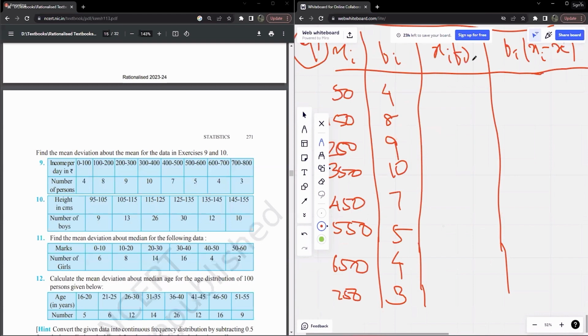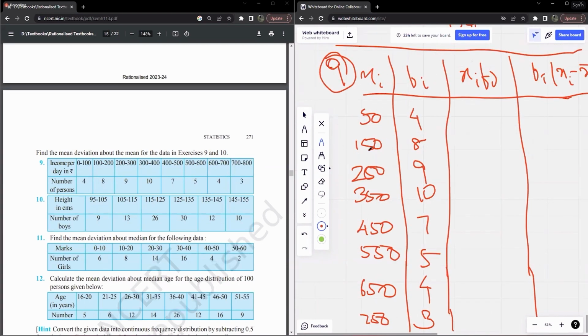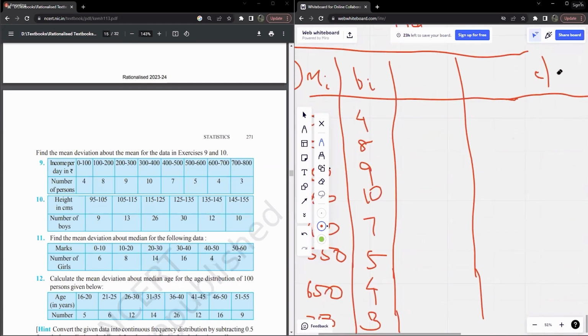Or instead of actually doing fi xi, what we can do is the step deviation format, step ui. Instead of this being fi xi and the whole thing, this is going to give me a very big value. So instead of doing that, I'll take the steps of ui being equal to this xi